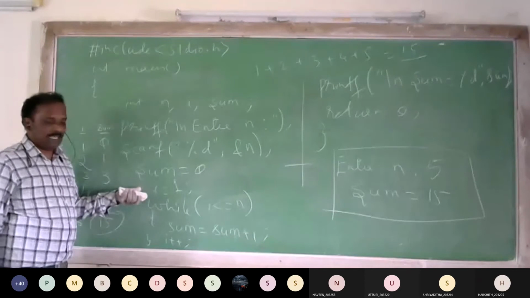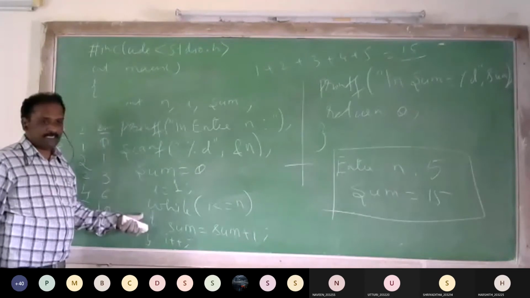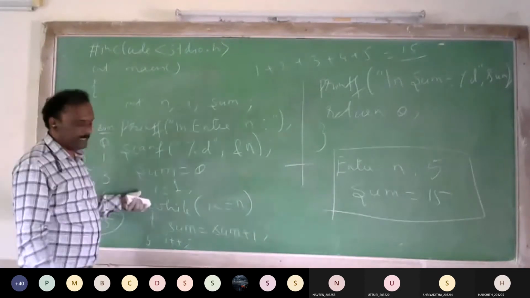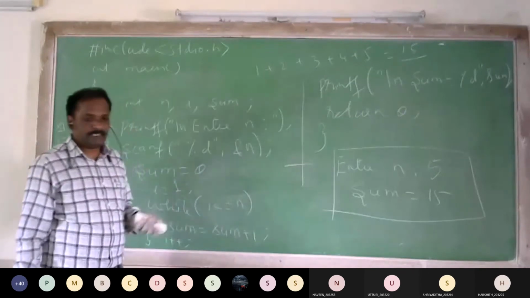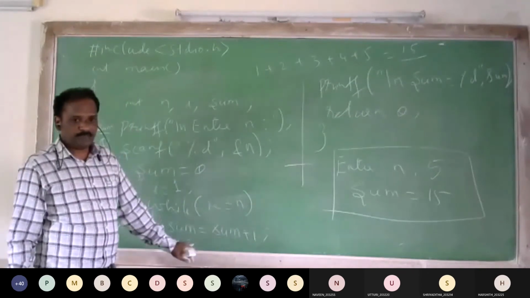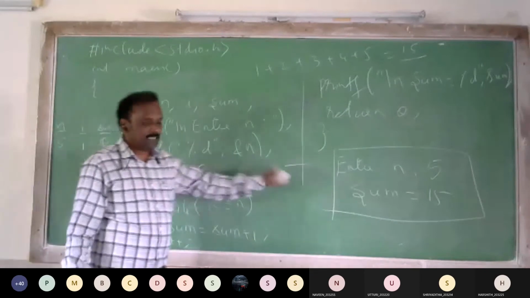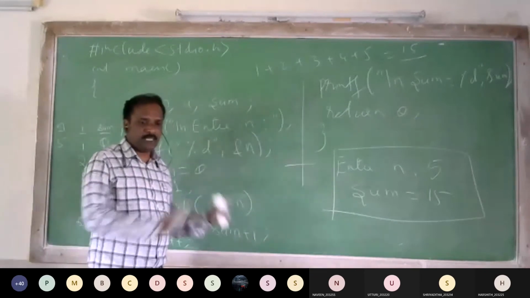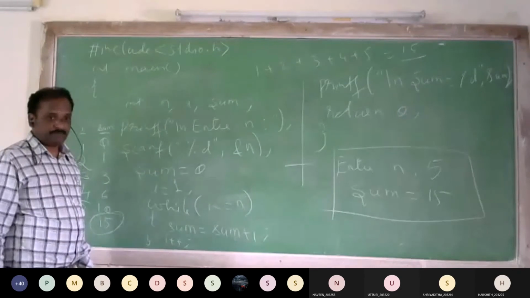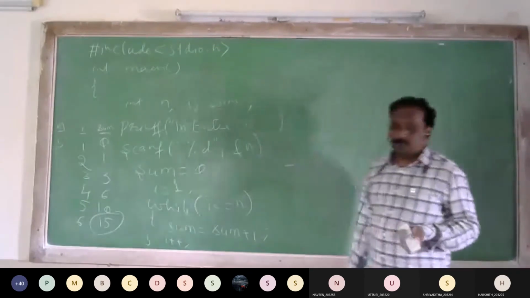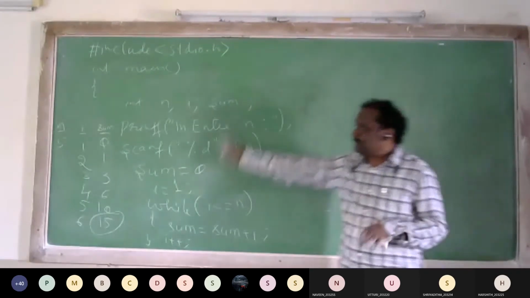Here we are using the C language. If you are writing the same logic, algorithm and flowchart converting into Python, then we have to use the Python syntax. If you want to write the program in Java, then you have to use the Java syntax. The logic will be the same, only the rules will be different. I want to show that I have converted that flowchart into a program only. I have not written this one separately.